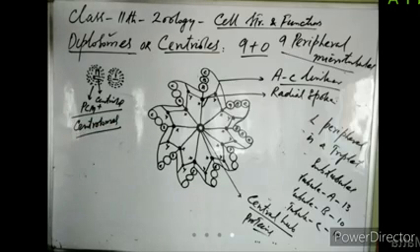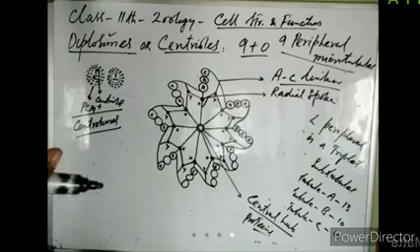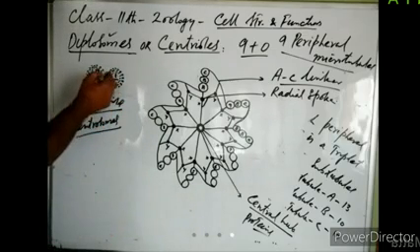I hope you have understood now what is a centrosome and what are the centrioles. So centrioles are structures which are embedded in this pericentriolar mass. This pericentriolar mass is amorphous. It does not have a definite shape. It is a mass of proteinous material. It has some enzymes in it. So a proteinous mass without a definite shape is surrounding a pair of centrioles.